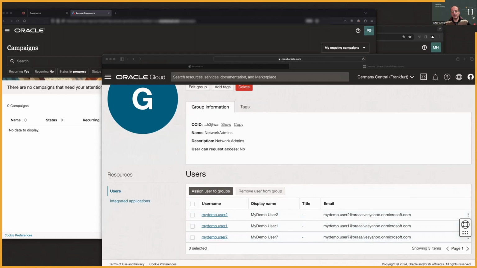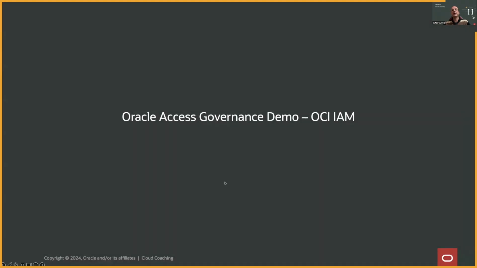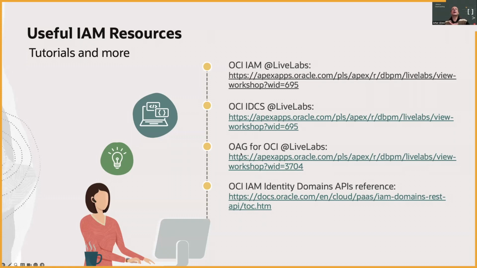Very well. Coming back to slideware. Okay, so resources. You have here a few of the live labs resources that we have for you to try on your own. If you have this free tier environment, you could try these live labs and do this type of testing on your own. These are very interesting because they provide you a guided workshop, so that you can go step by step until you reach the desired state at the end.